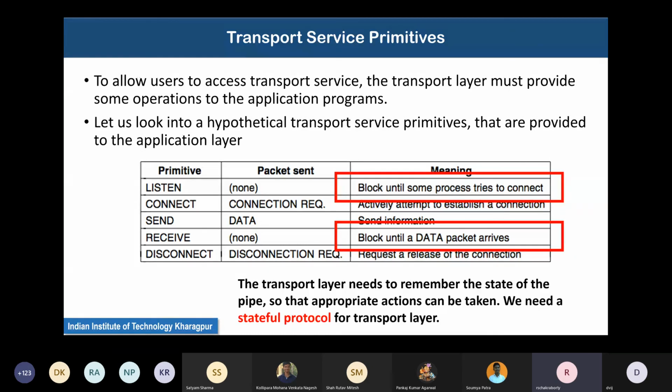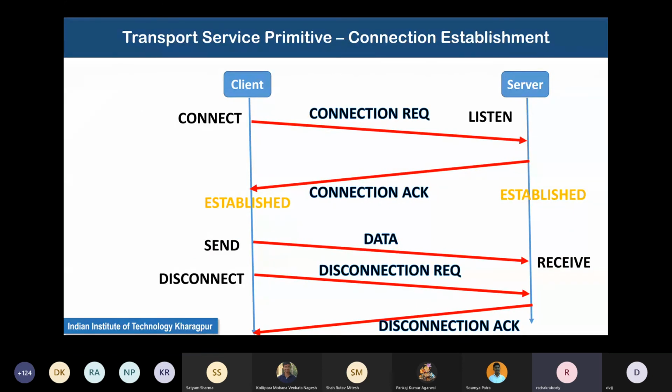Because it is blocking, waiting for some event to happen in the listen and receive primitives, it needs to remember the state of the logical pipe that has been set up between the two entities, so that no information is unexpectedly lost, or unexpectedly received. So these things keep on happening.